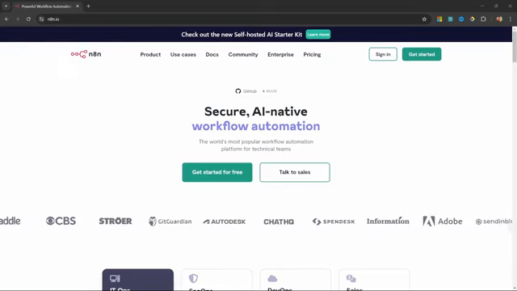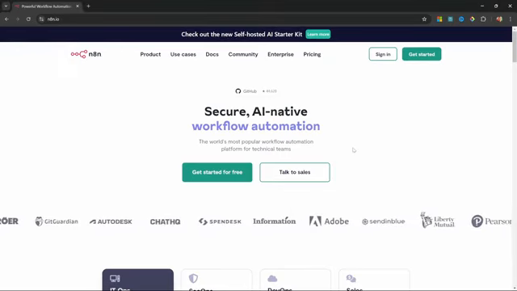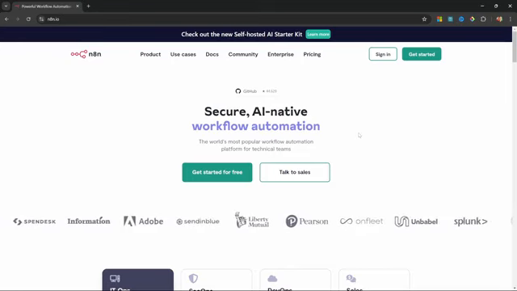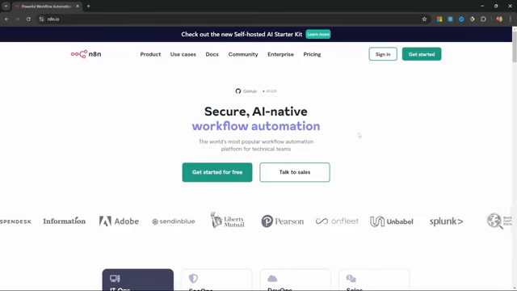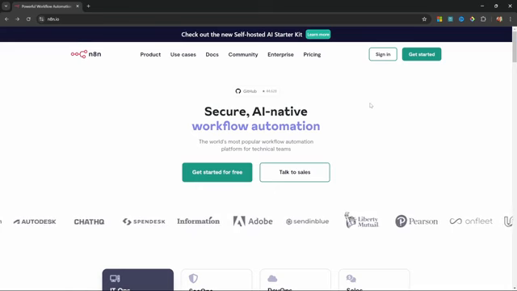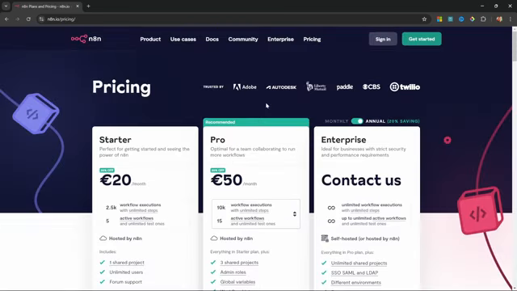So, let's begin. As I've mentioned, you can access n8n in a few different ways. First, and probably the easiest, is to sign up for the cloud platform. This is a paid service offered by n8n, and if we look at the pricing, this could easily cost you about €20 per month. Now we will have a look at self-hosting n8n and running n8n locally, which is free,